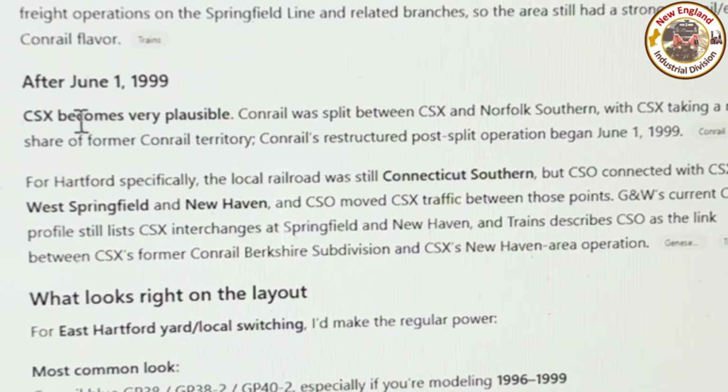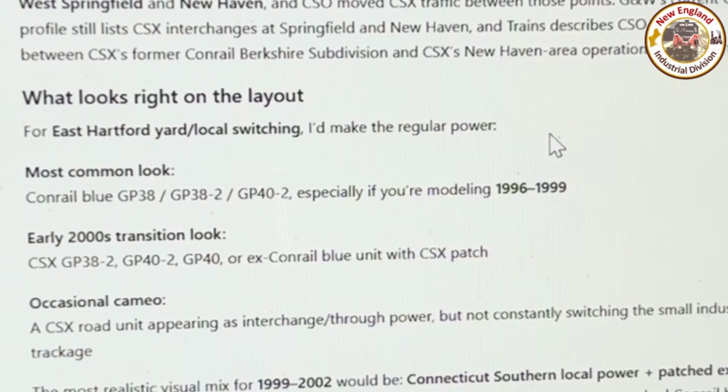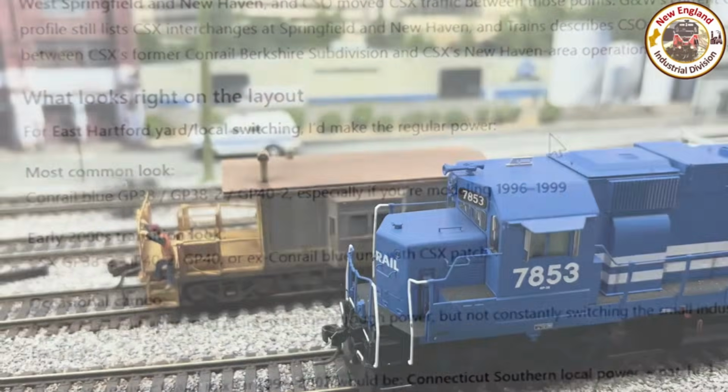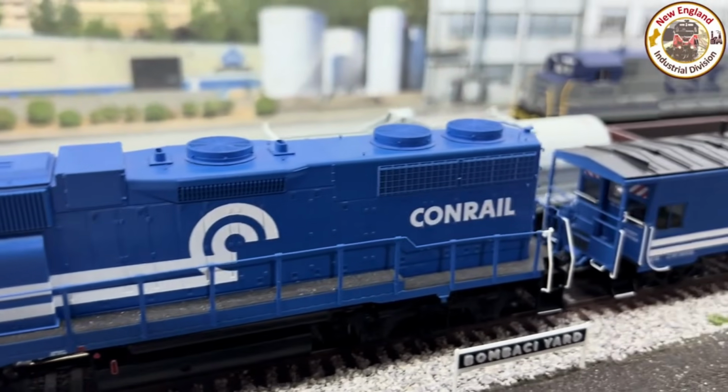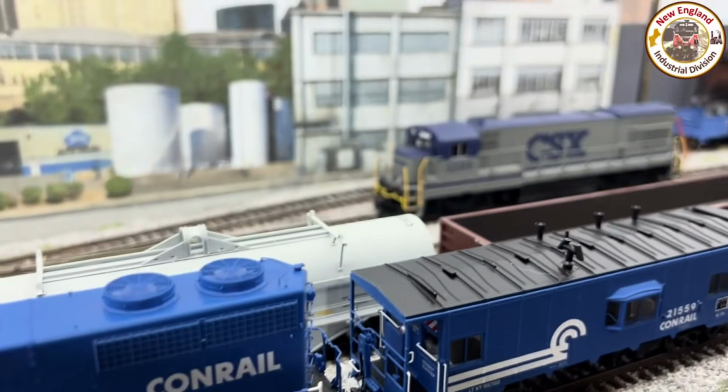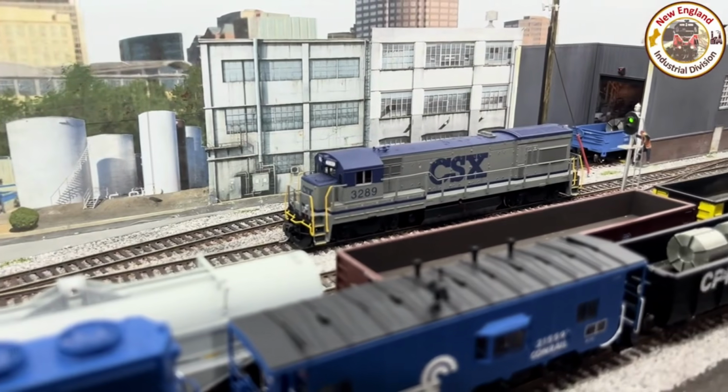So it says CSX becomes very plausible at that point in time. If it's late 90s, early 2000s, then it's safe to have CSX and Conrail together, which is what I have in that yard. I call it the CSX yard, but it's around the time when they were absorbing